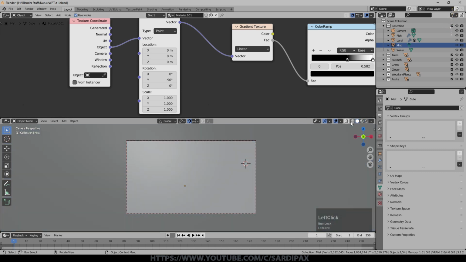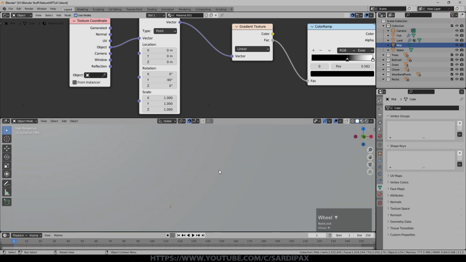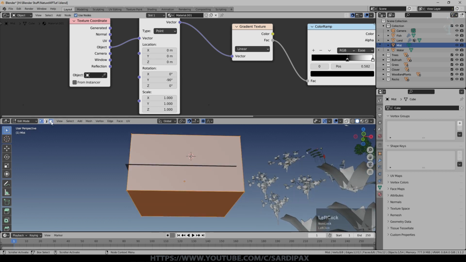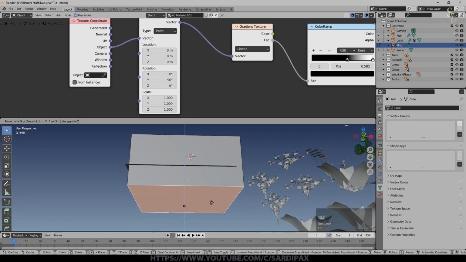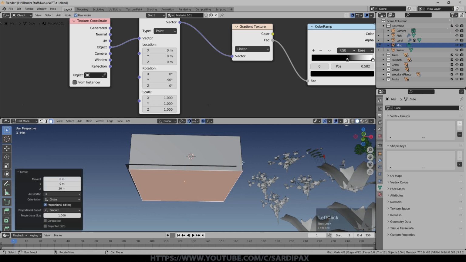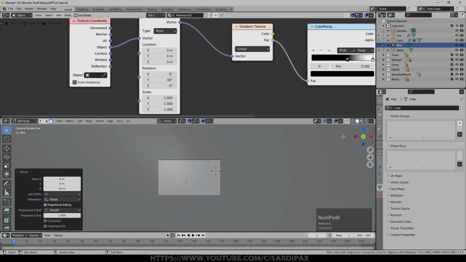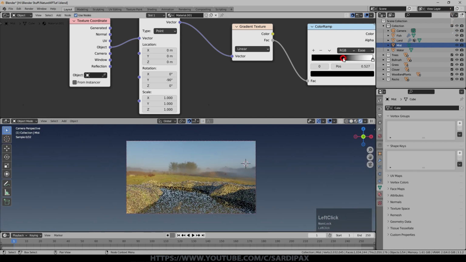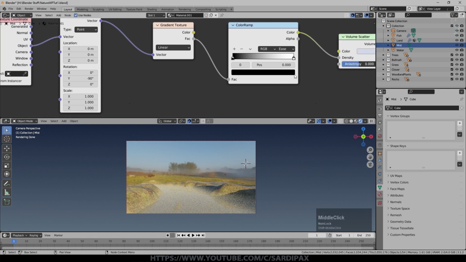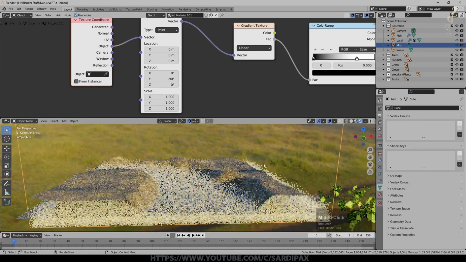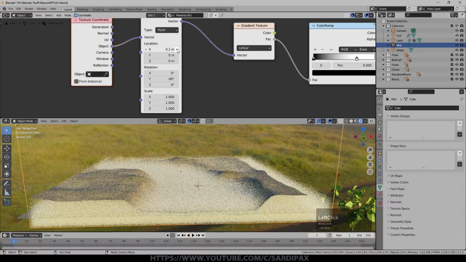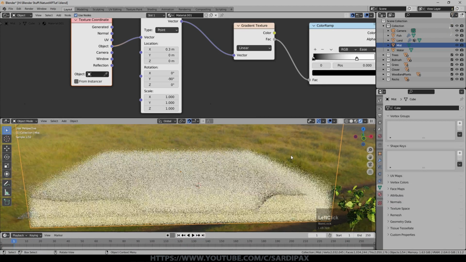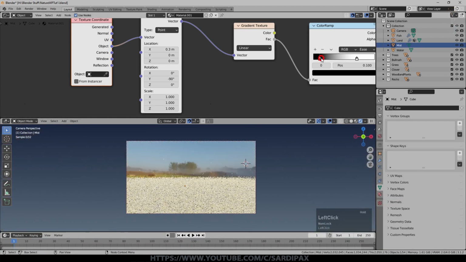And what's actually happened there is it's gone below the surface. It's actually down here. So what I'm going to do is just select that bottom face, as we don't need it all the way down there. Just lift it up to just below the landscape. Now if we go to rendered view and I start to adjust this, you can see there is our mist starting to appear. So in order just to lift that mist up a little bit higher, I'm just going to tweak, in this case X, just to bring it up slightly, bring it up about there, and then I can scale it back a bit here.